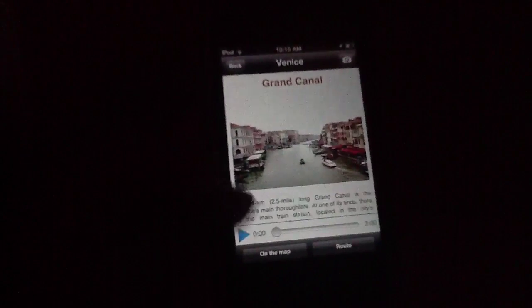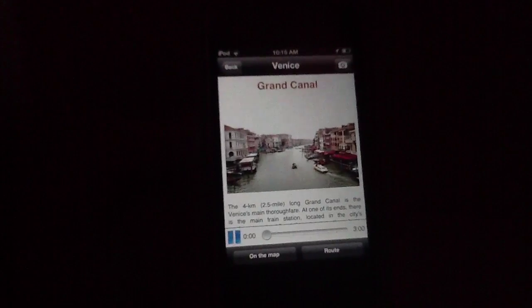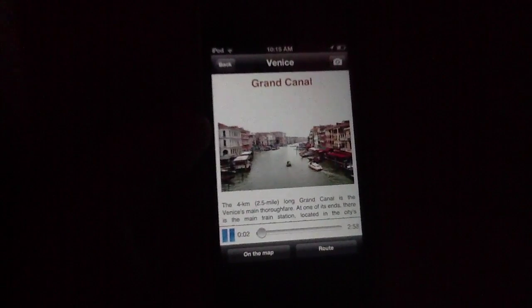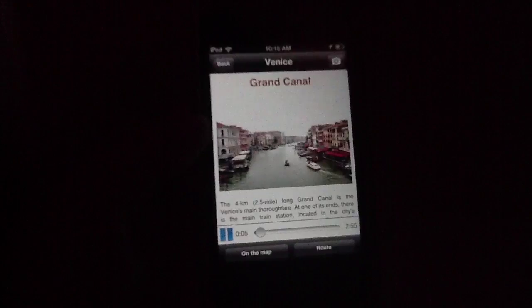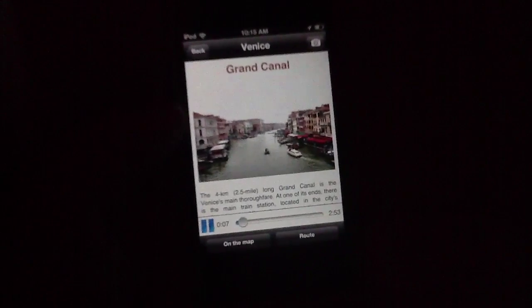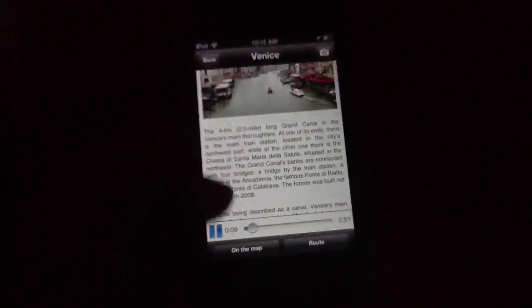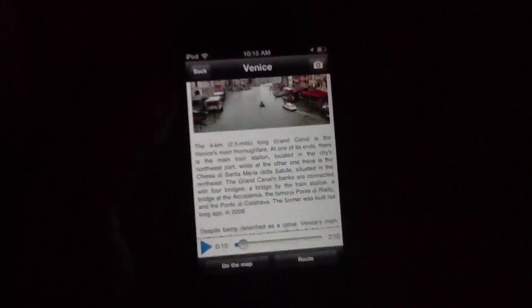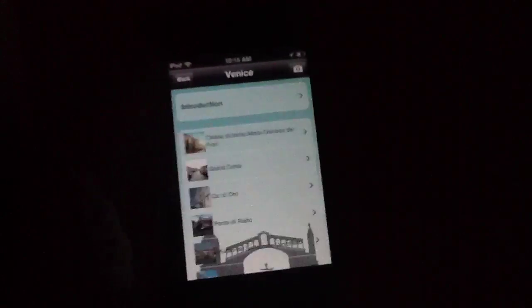Alright, and his pronunciation is quite good, and so is the narration, so we're going to go ahead and hit this. The Grand Canal. The 4-kilometer, 2.5-mile-long Grand Canal is Venice's main thoroughfare. At one of its ends,